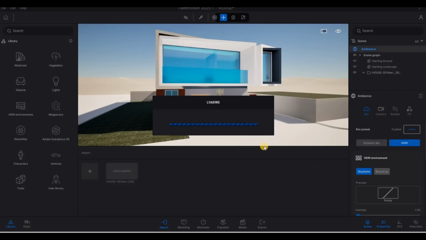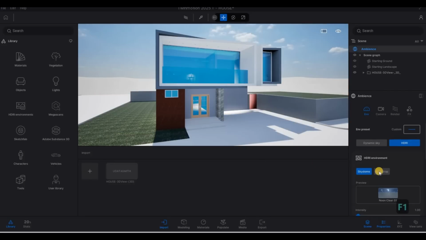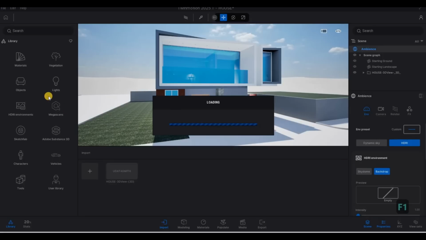So let's wait for this first, and then we're gonna use backdrop, and then we're gonna use one of this